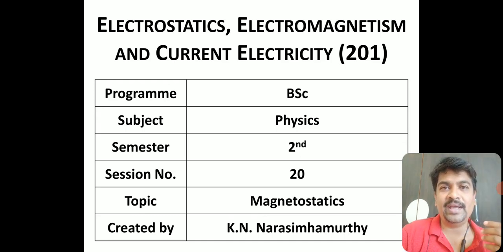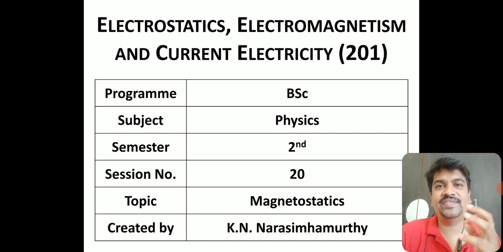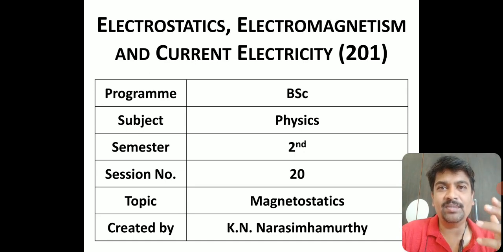I discussed the magnetic effect of electric current, which says that whenever there is a current in a conductor, it produces a magnetic field around it. The magnitude of the magnetic field produced around the conductor is given by Biot-Savart's law. I explained clearly Biot-Savart's law and the direction of the magnetic field, which is from the right hand thumb rule. After understanding Biot-Savart's law completely, we applied it in many cases.